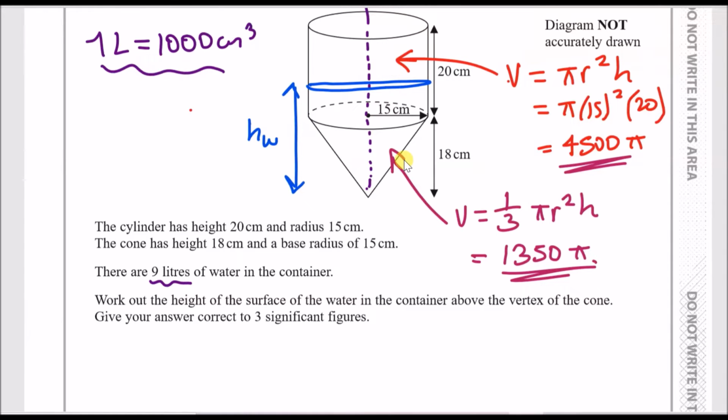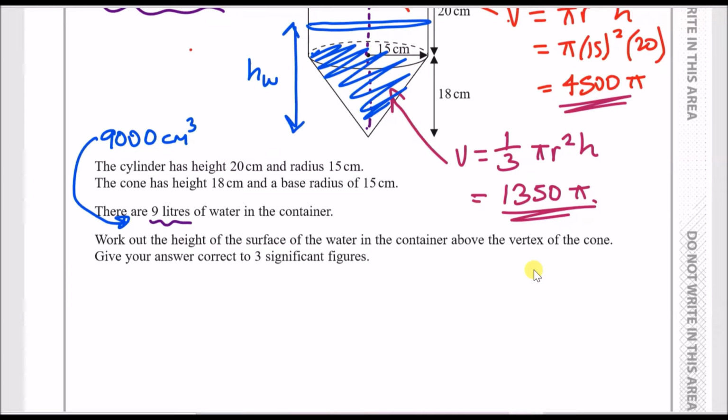It's more accurate and it's just easier to look at. Now, what's next? Okay, so now with these volumes, and we know the fact that there is 9 liters of water in the container, which by the way, guys, is the same as 9000 centimeter cube, so that is 9 liters. What I would do is firstly, I would subtract 9000 away from the cone part and see how much water is actually left. So we can say that 9000 minus 1350 pi should give us an amount of